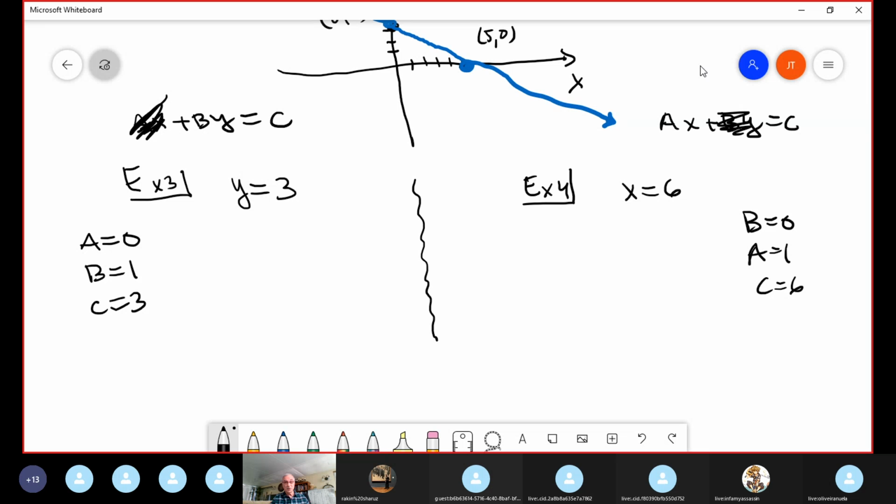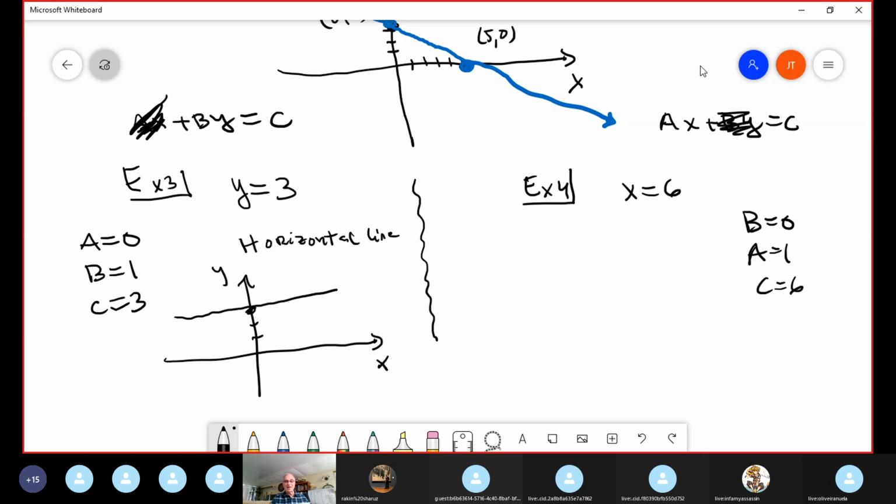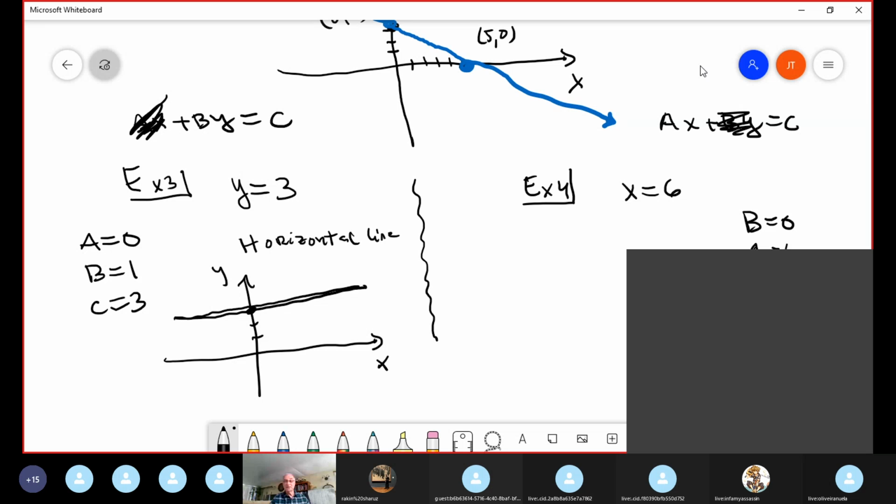And special: y equals 3 is the horizontal line. What does horizontal line mean? Look, this is x, this is y. Y equals 3 is 1, 2, 3 here. And this is a totally flat, horizontal line. Suppose in the test I put y equals 5. It's a horizontal line passing through 5. Horizontal line y equals -1 is passing through -1. But when you see y and no x,